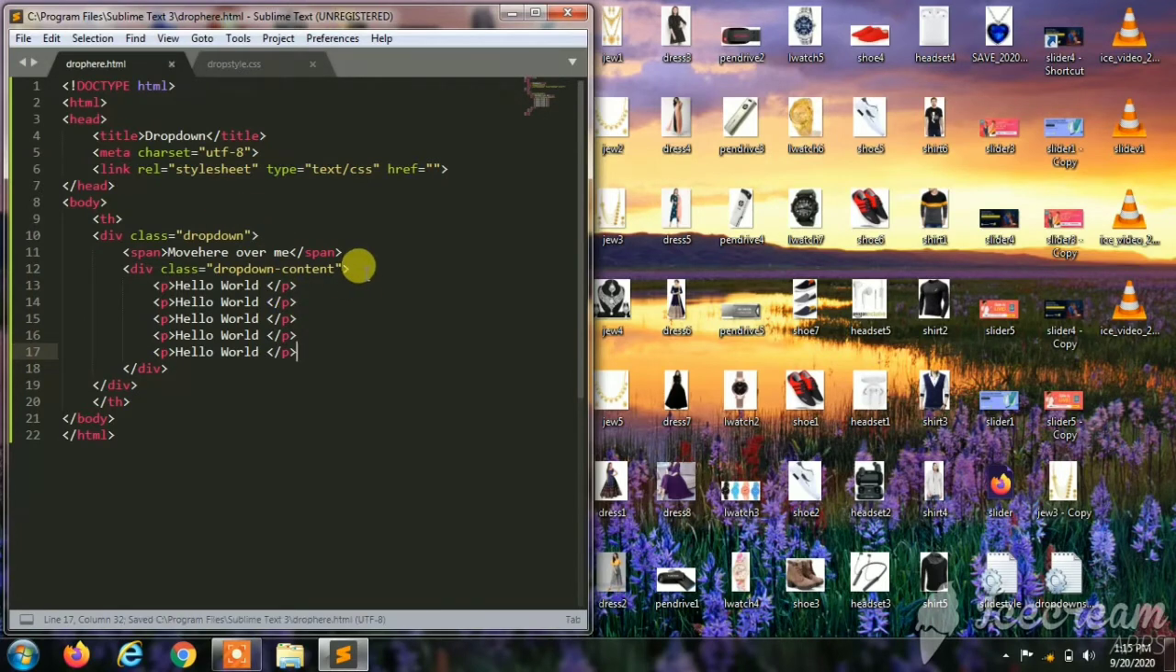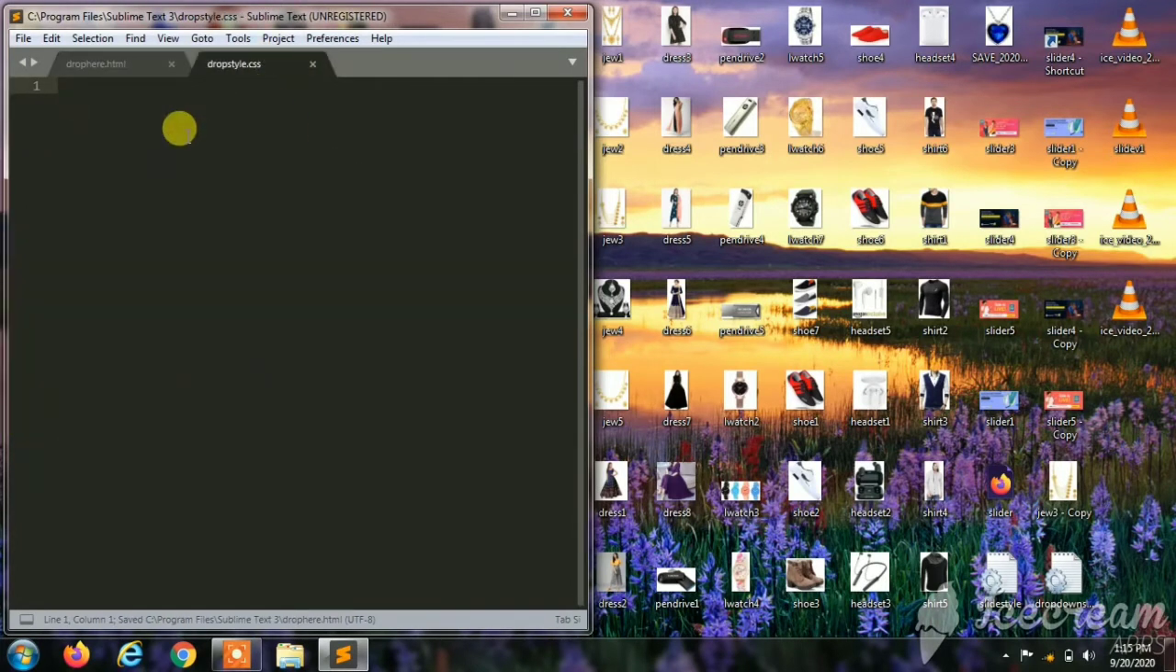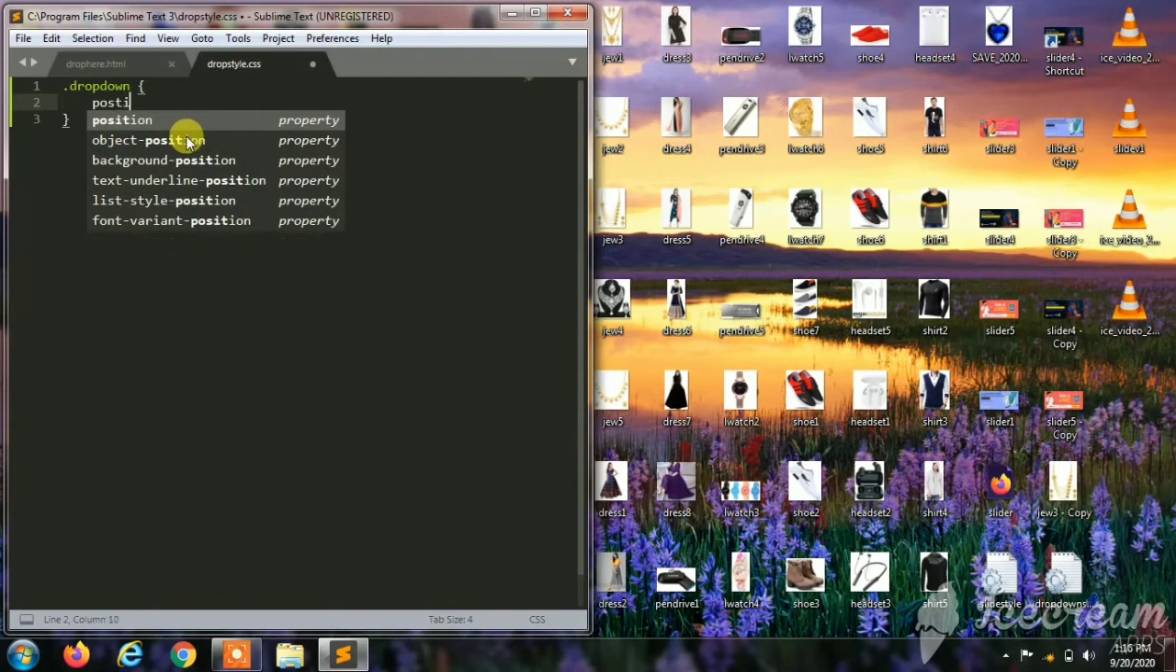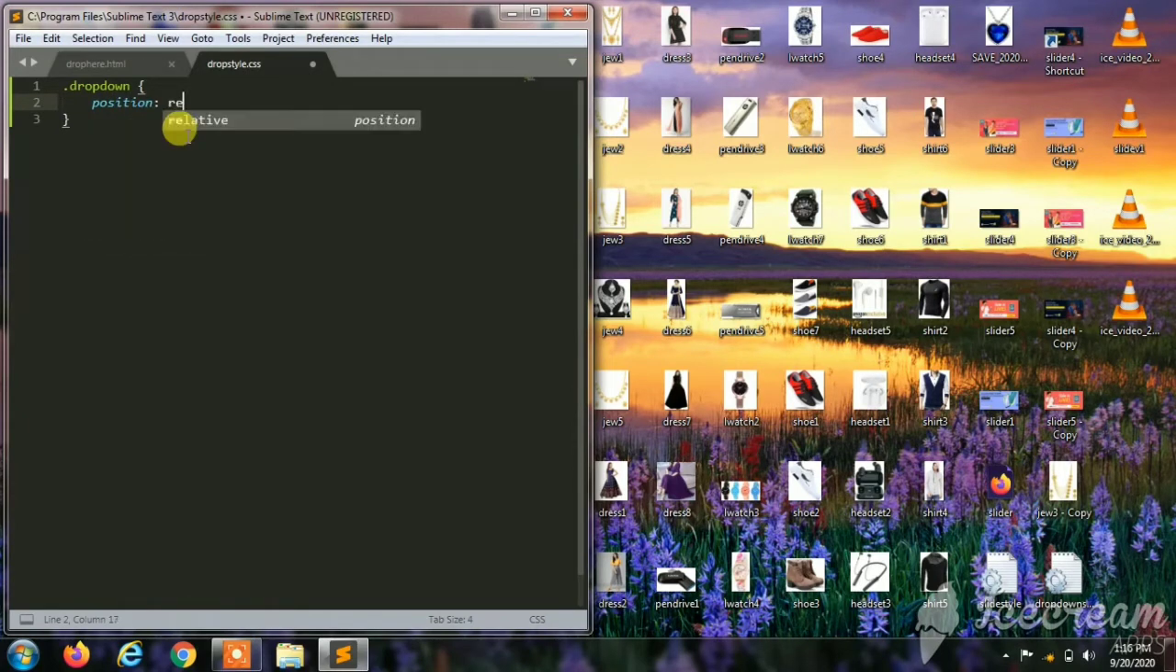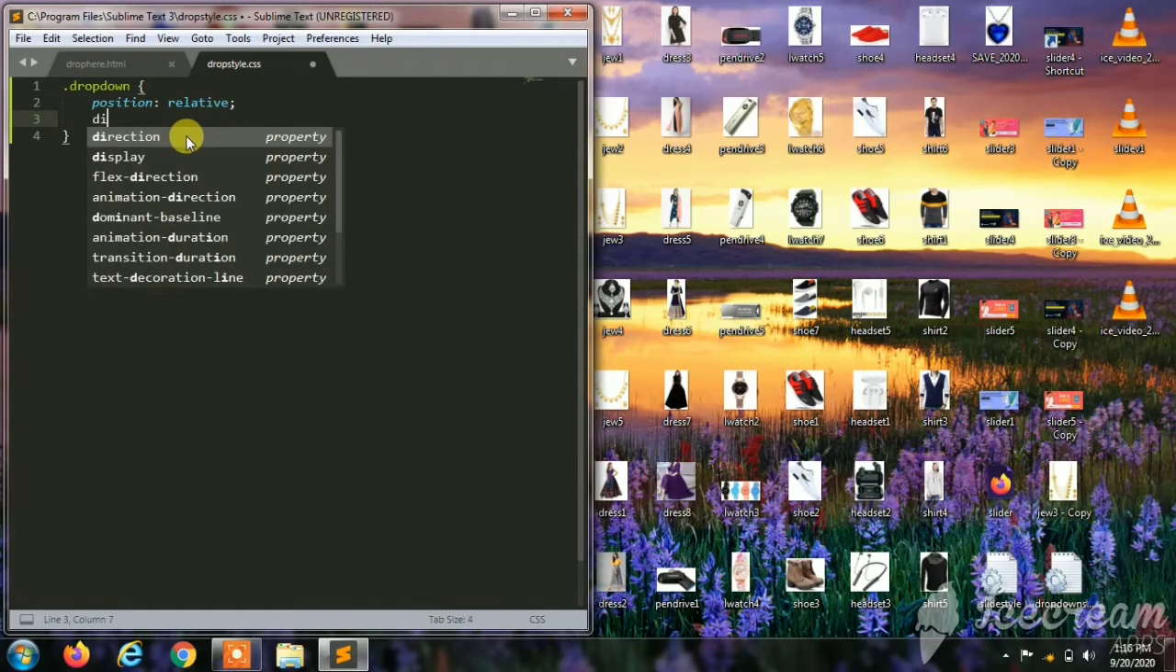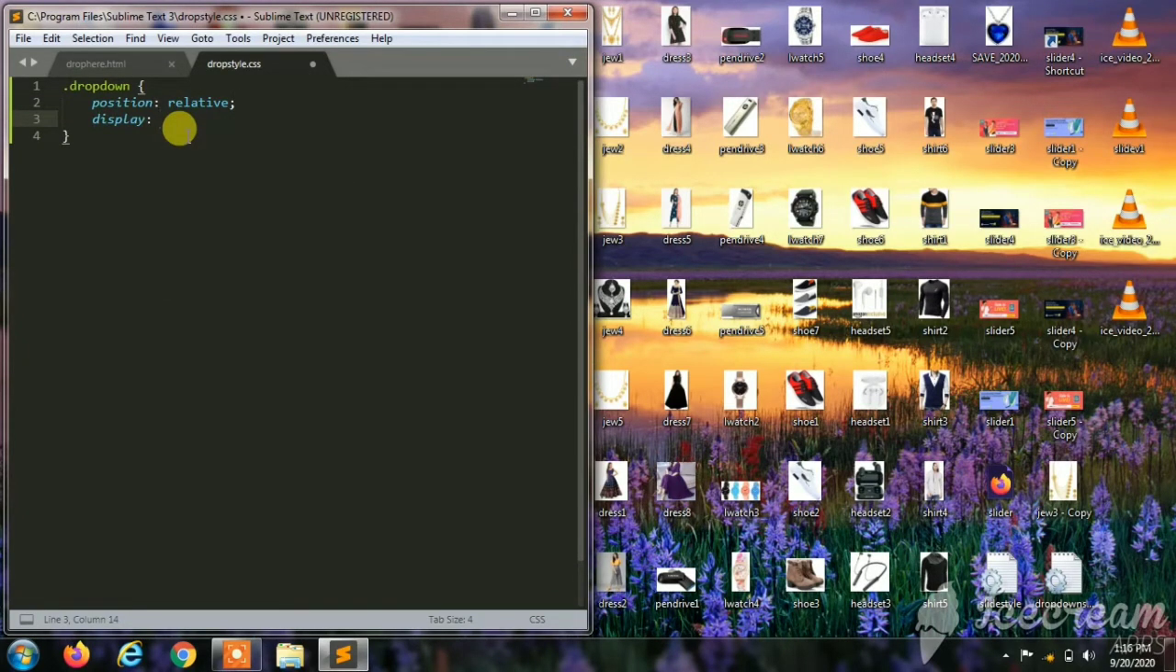Okay, now I'm going to give code in the style sheet. I'll give drop down class name, and this is the class name. If you are listening first time, you can watch my previous video on how to create a class, how to define a class. I'll give position as relative, and display will be inline block,